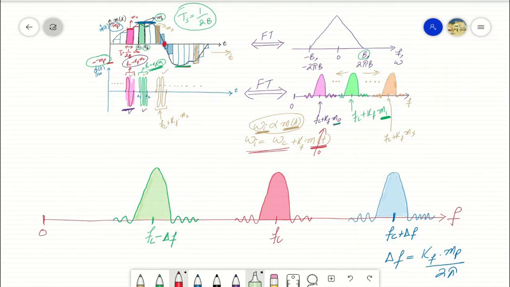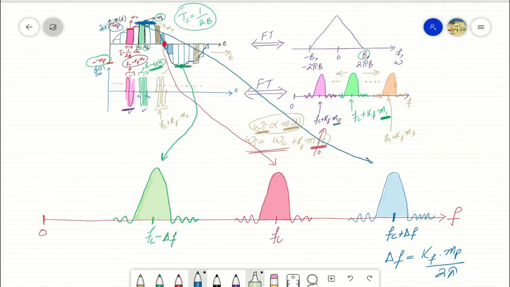For the cases where the amplitude of the information signal was equal to 0, a sinc was generated in the frequency domain representing the sinusoid in the time domain of the frequency Fc, positioned on Fc. For the case when a negative peak of the information signal is observed for such a block, a sinc positioned at maximum deviation away from the carrier frequency will be observed, that is at Fc minus delta f. And for the cases when a positive peak of the information signal is observed, for such blocks the sinc will be positioned at maximum deviation along the positive frequency axis, that is centered at the frequency Fc plus delta f.